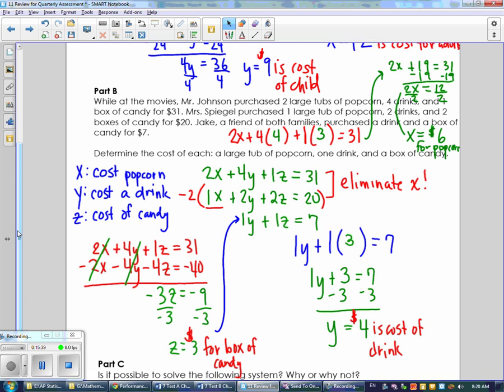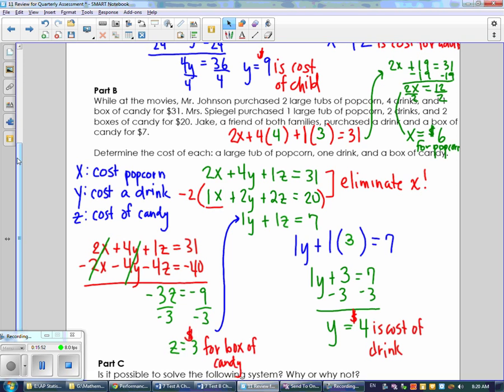Okay, so we started with words and then we ended with words. Make sure that each of your solutions goes back to the context of the problem. And again, this is a multi-point problem, so you want to make sure you define your variables. In the last question,